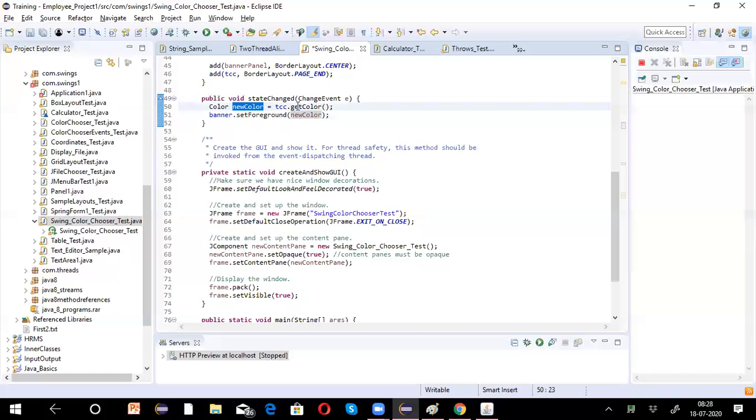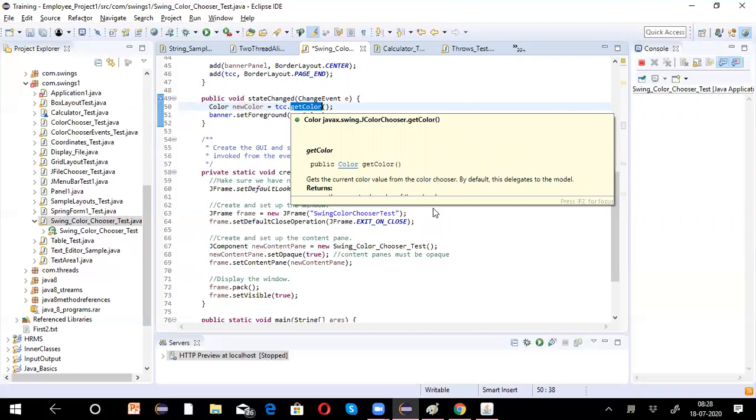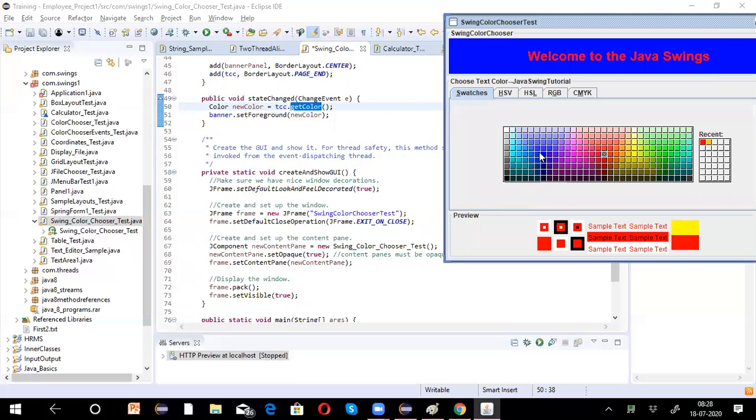You are changing the color. You get that color when you change the color. Now what are you doing with that color? Set foreground for the banner, which is a label. Set foreground means change the font color to this blue color. That is the reason why it is changing the banner text content here. Is this clear?